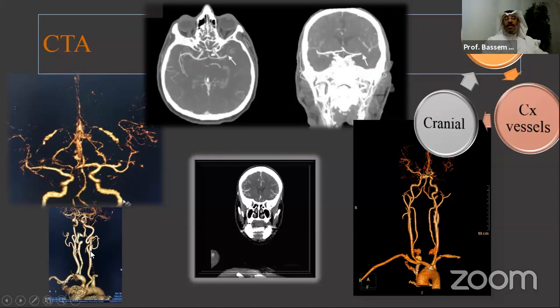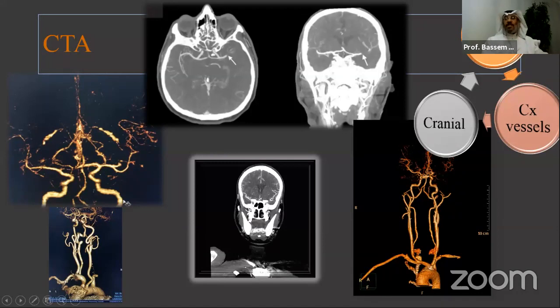Now, if the patient arrived after 6 hours, we proceed with the CT perfusion, and we do the qualitative assessment and analysis of the CT perfusion. We look for the mean transit time, which represents the core infarction in addition to the still salvageable tissue around it, and we reduce or remove the cerebral blood volume, which represents the core infarction, and if there is a large mismatch, then